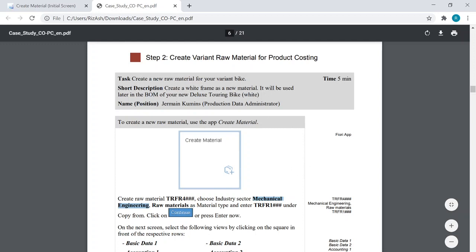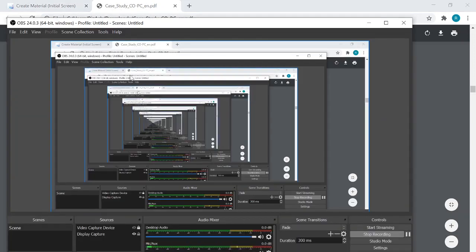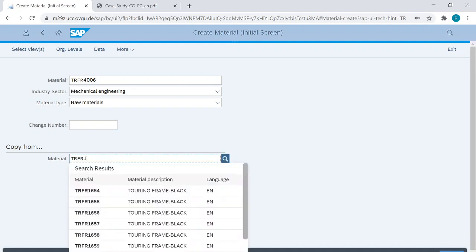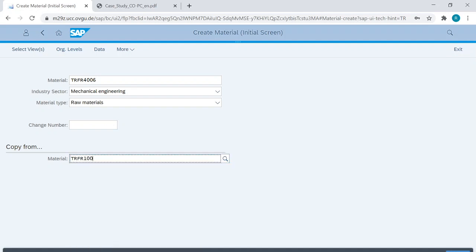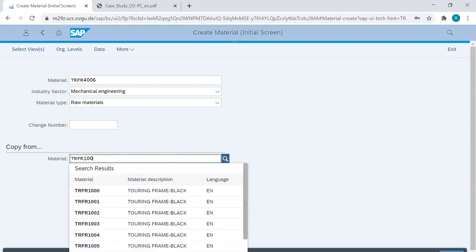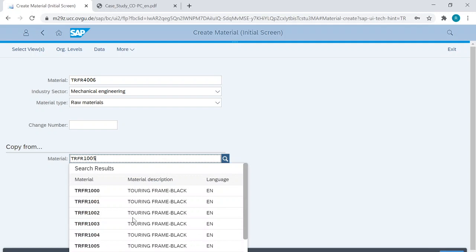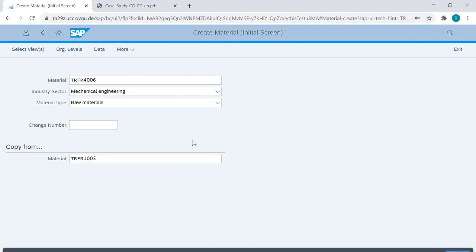So we will use this code of the black frame to copy the information. You guys will use your ID. As I press continue,